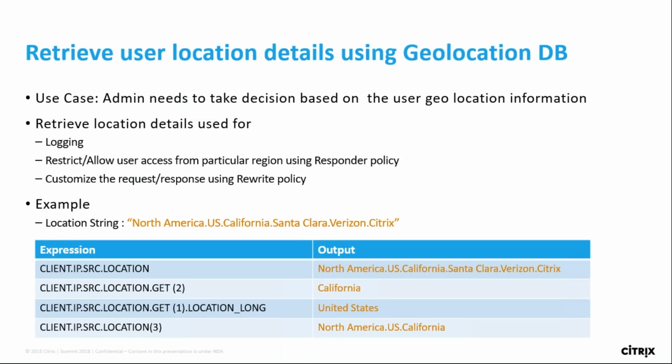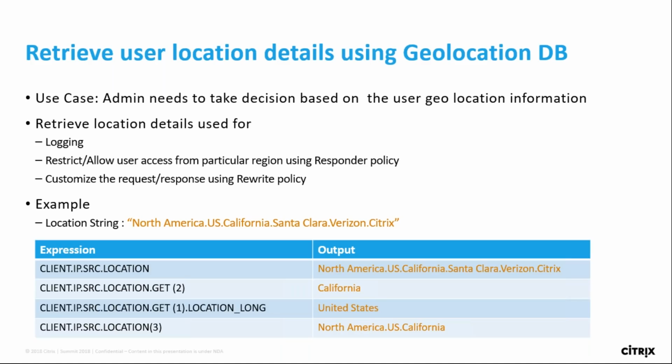We have another feature on the user location getting from the Geolocation DB. Today, we cannot retrieve the user location, but we can just use the user location for the matching purpose. But what if you want to take a policy-based decision based on the user location retrieved, or if you want to log the location stream for future reference? All these are missing if you don't have a user location. So with this feature, you can now retrieve the user location.